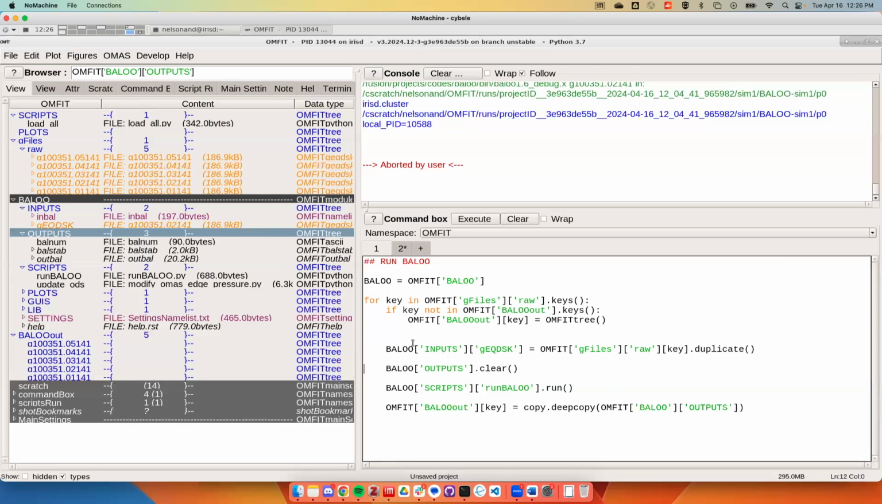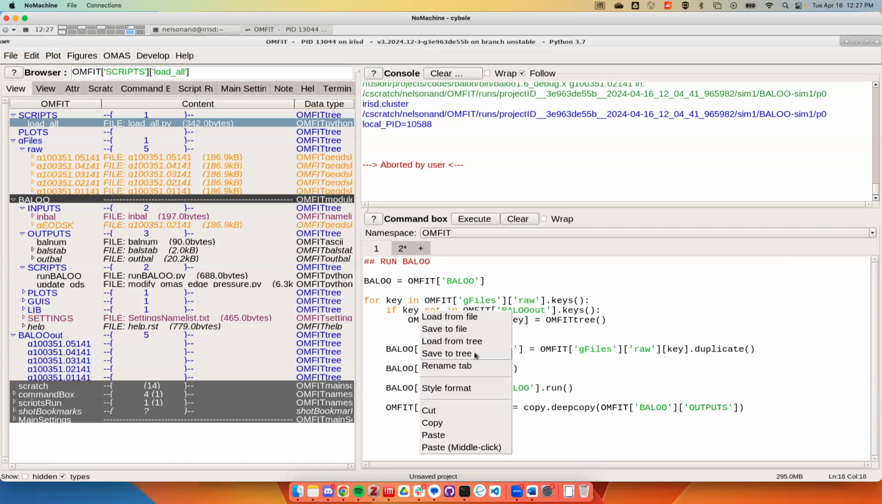So what should this do? Set up our module, make sure that there's nothing conflicting in the outputs that will accidentally copy over later. Run the code, right? And copy the outputs over into a folder. That seems good. So I'm going to save this as